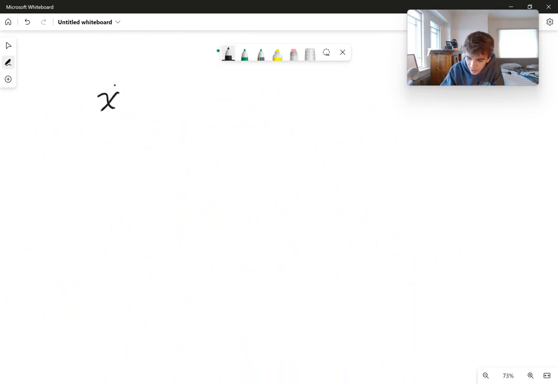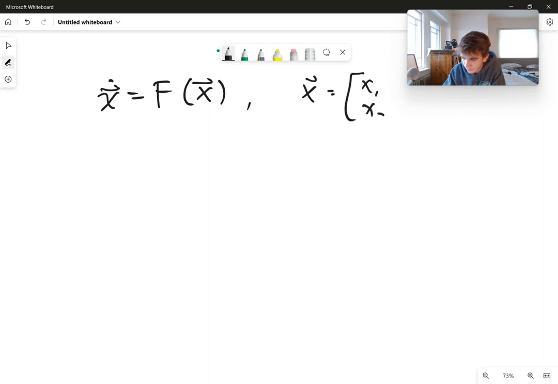So for this system that I'm just going to call x dot is equal to F of x, okay? And now I'm going to use a capital F here. And really these x's are vectors, okay? Where x is the vector x1, x2. So we have this existence and uniqueness theorem,